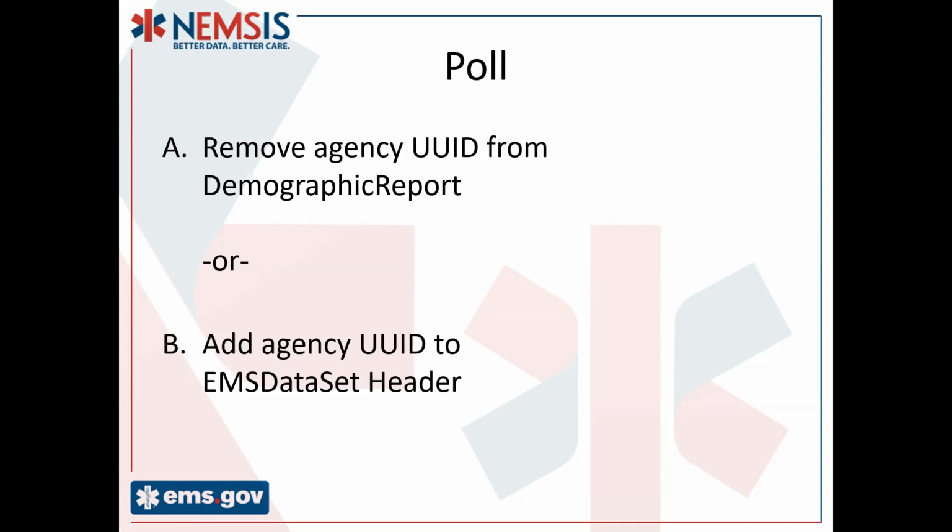Yeah, it could perhaps help, but the state system would not be able to, like if Sharon at the state wants that to be a new agency, that's where she's going to run into problems, because she would then have two agencies with the same UUID in her state system. Right. So then doesn't the question become, Sharon, do you want them to be two agencies, or do you want to track them as one entity over time?